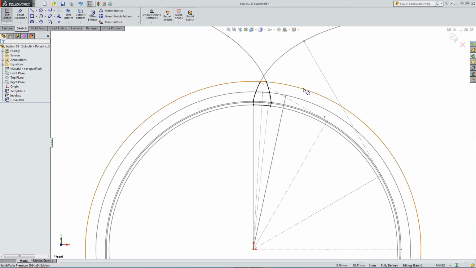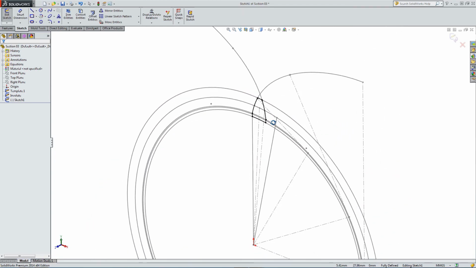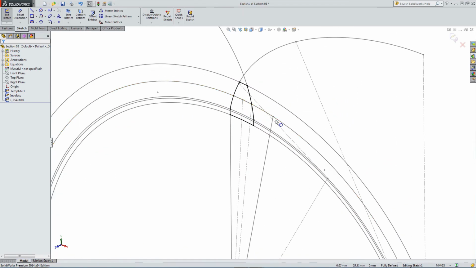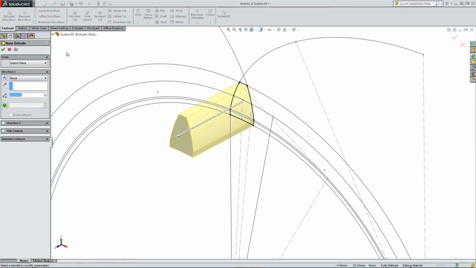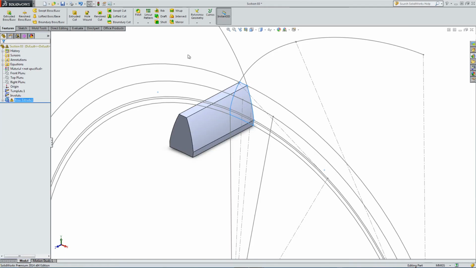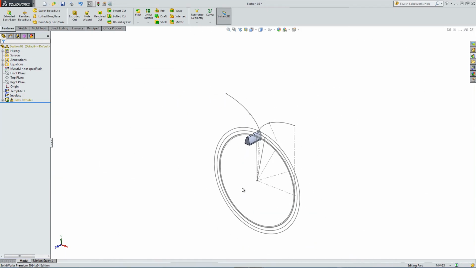So 3 sketches. You might want to do this in one, but I found it easiest to do this in a series of sketches and use the 2 templates to drive the gearing. So a boss extrude of the gear, single tooth,